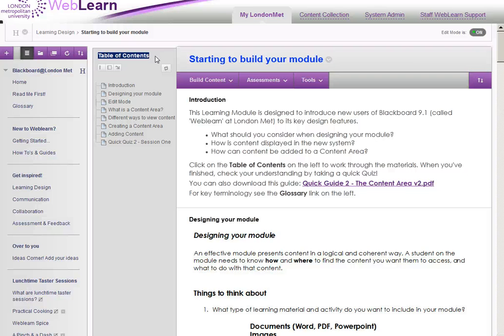And these resources could be anything from text, documents, Word, PDF and so on, images, audio or video files. You can also put tests in there, you can put links to discussion boards and so on. So they're quite flexible and you can really use them to help your students navigate the content that you're adding